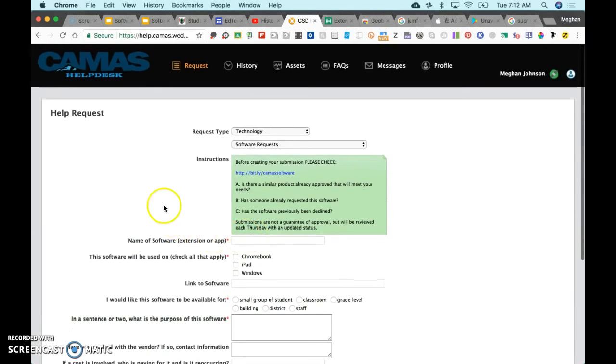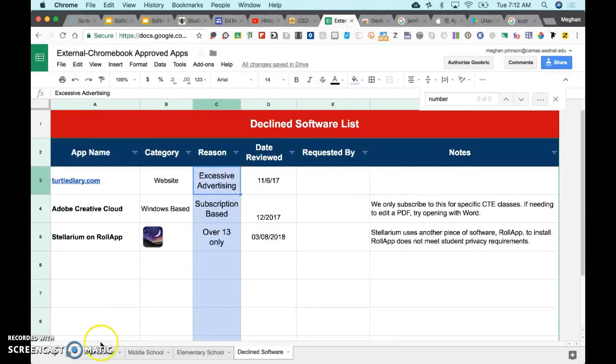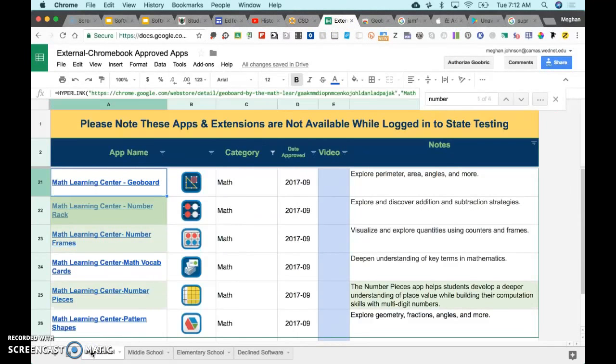And so this is our new system for software requests, and all updates for new software that's been approved will continue to be updated on that website. That again is at